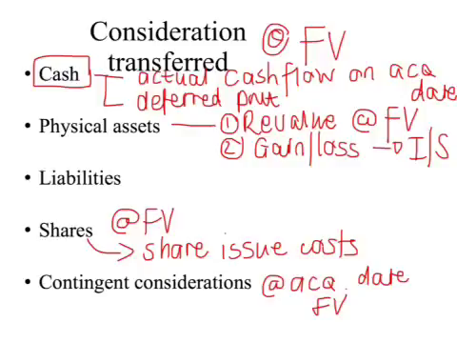The purpose is then to value each of the forms of considerations at fair value at acquisition date to get us the total consideration that was paid for this business acquisition. And the reason we need that is to compare it to the fair value of the net assets that has been acquired in order to see whether there's goodwill resulting from this business combination that needs to be recorded, whether that's the case or whether there's a gain on a bargain purchase.